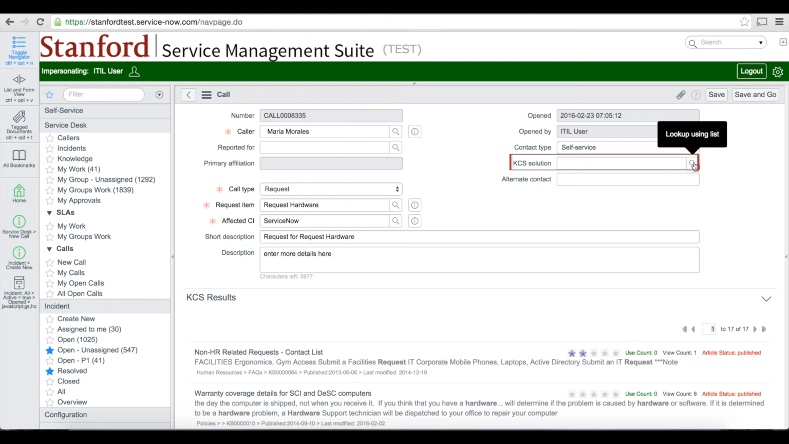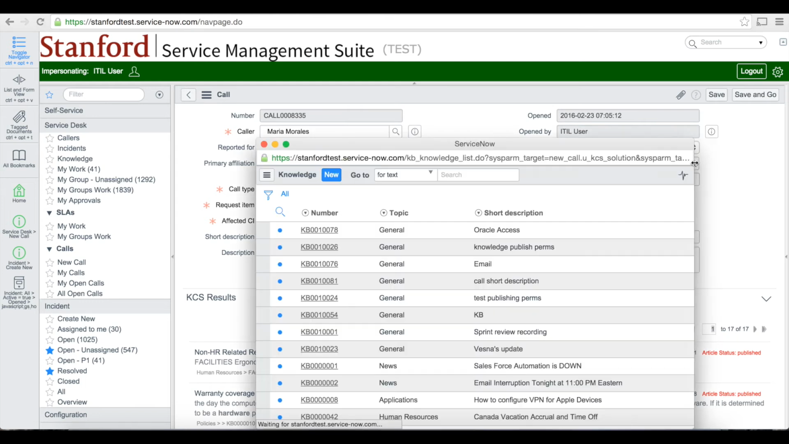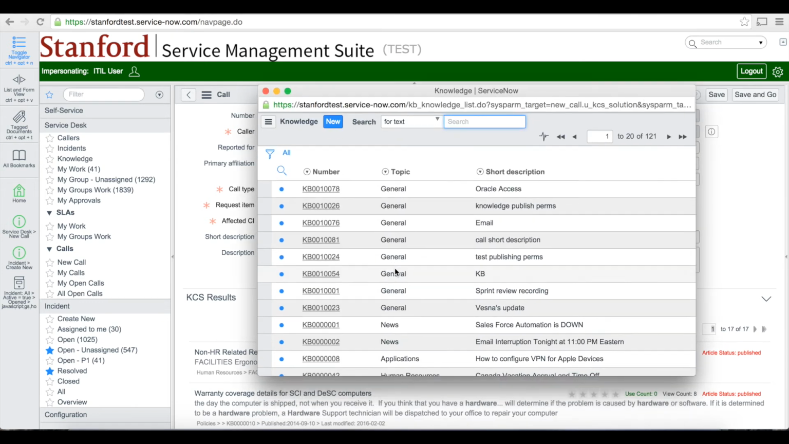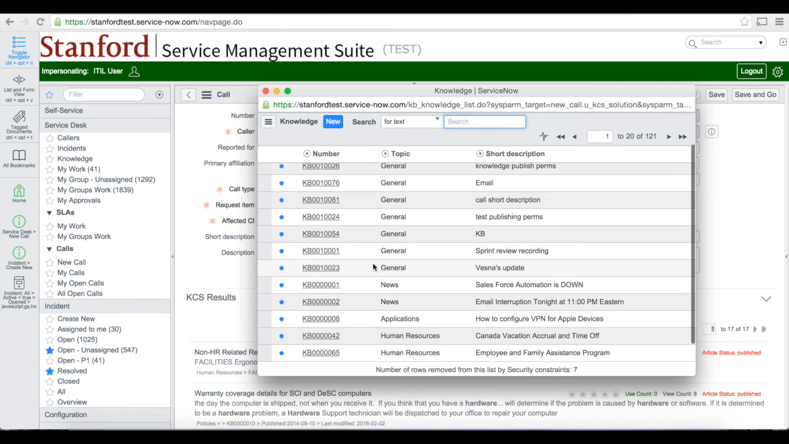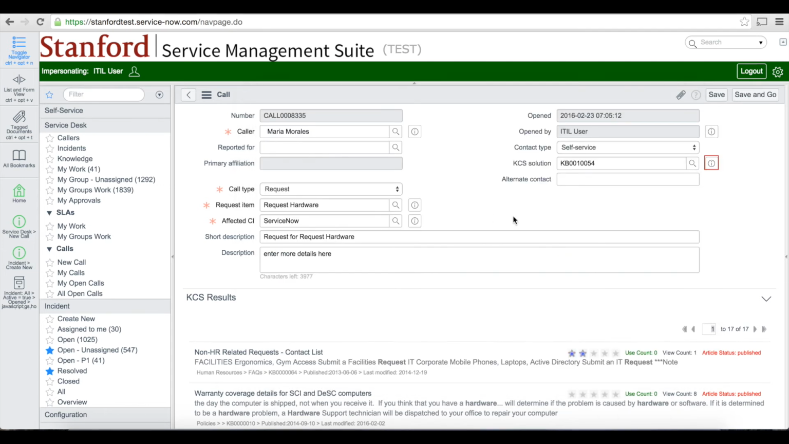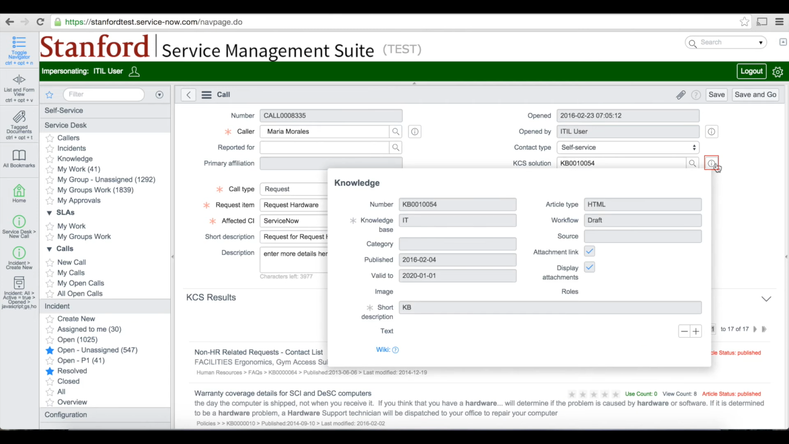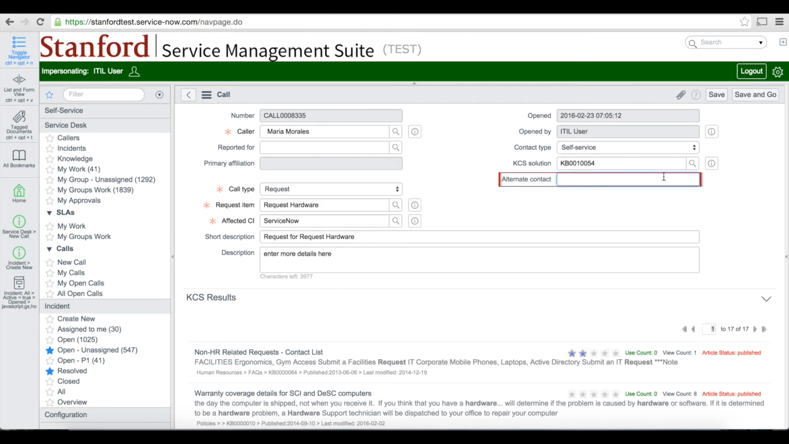You can use the KCS Solution reference field to attach a knowledge base article to the call record. You can click into the article simply by clicking the hover icon to its right. The alternate contact field is available if you need to enter additional contact information about the caller or reported for user. As mentioned previously, saving the call form will render all the fields read-only, so be sure to save only